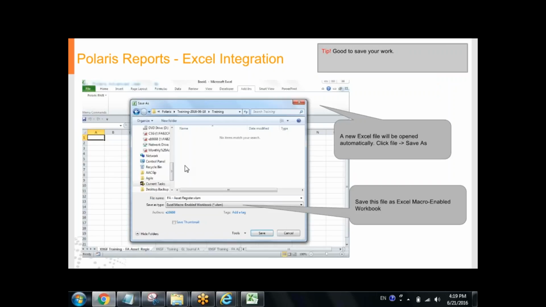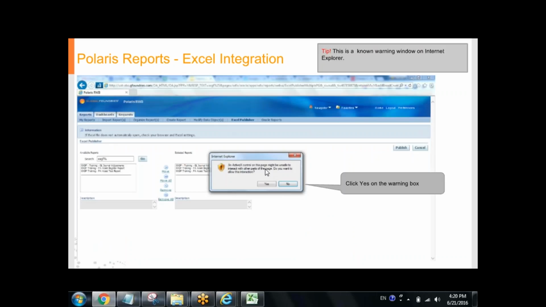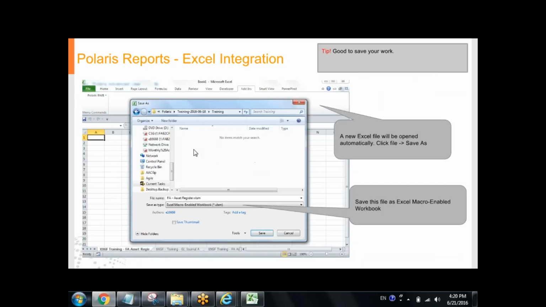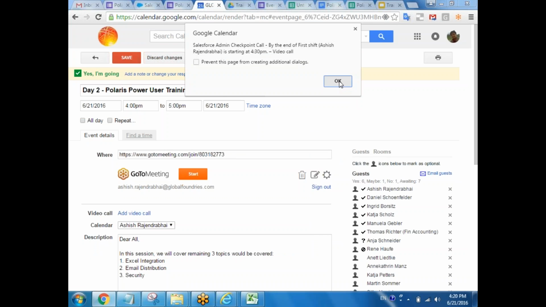And the very first thing is good to save your work. So an Excel file will be launched once you click yes in the previous window. All you do is save this file with the XLSM extension, which is macro enabled workbook. So the very first thing you do is click on save. All right. So once you have saved your file,